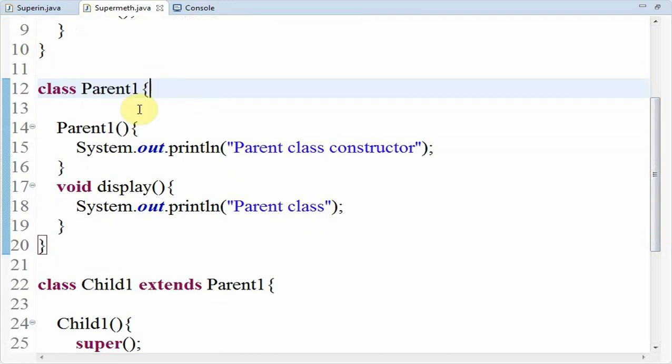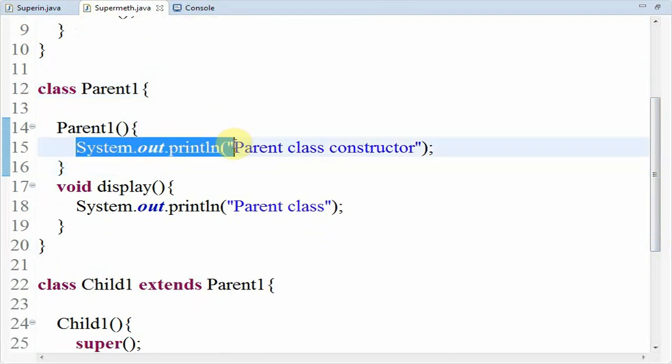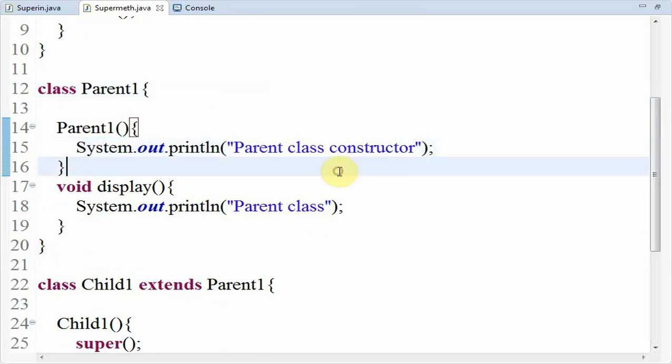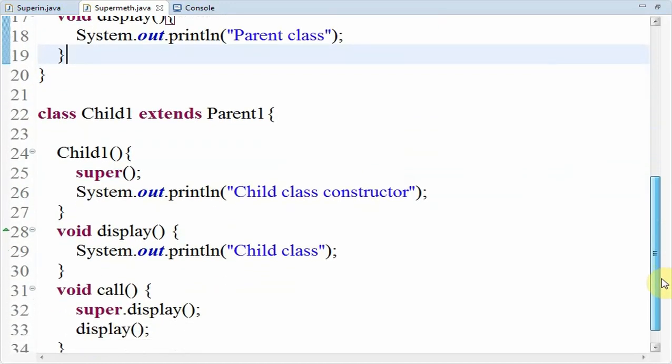Here this is a default constructor, and I have just added System.out.println to print parent class constructor. So in the 17th line I am creating one more method, display, and it prints parent class as the value. So in the 22nd line you can observe class child1 extends parent1.